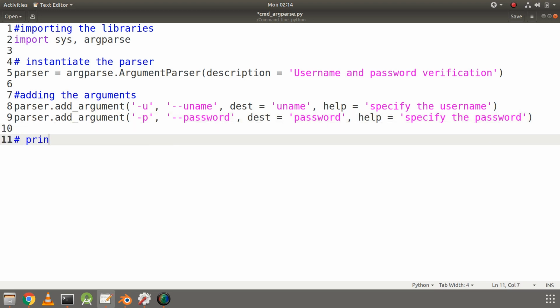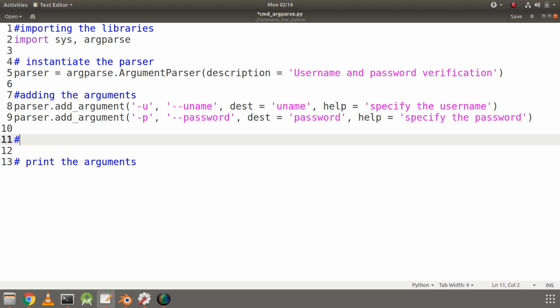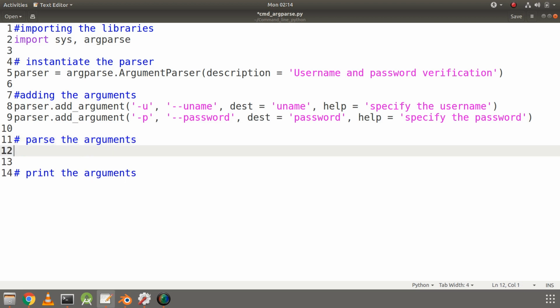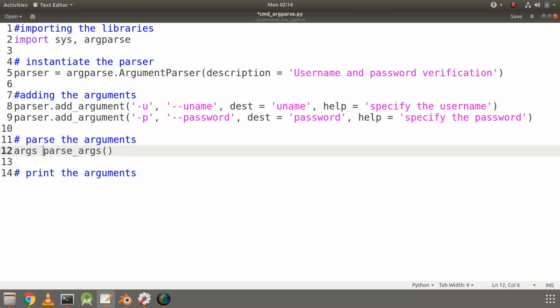Okay, so now let's parse the arguments using the parse_args function. We will print the arguments later. First we need to parse the arguments. It doesn't need any arguments, so it will be called on the parser.